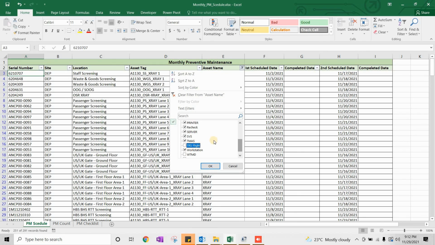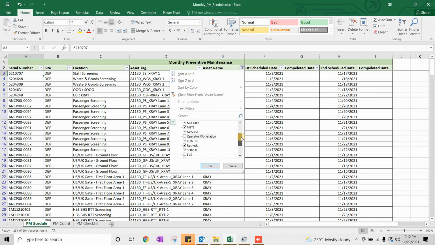It's a single unit. So for example, we have PVS, we have SVS. So SVS is here, so PVS operator workstation. So these are all parts of that X-ray machine. So for making a PM report, you have to specify the serial number of the machine and make that report. And TRS and PVS and SVS, you don't have to make separate reports for that. You have to make a single report.